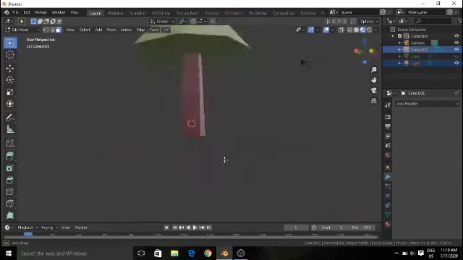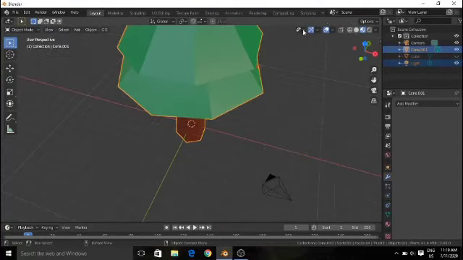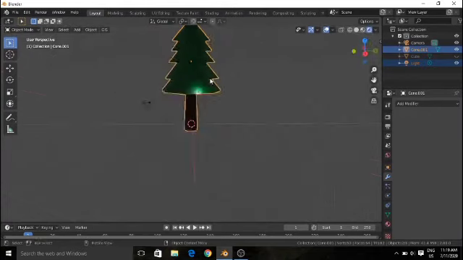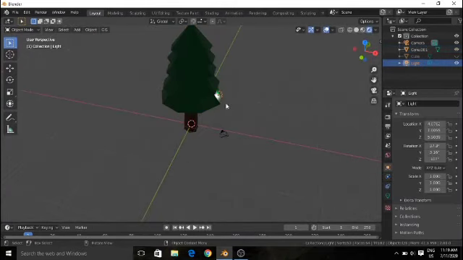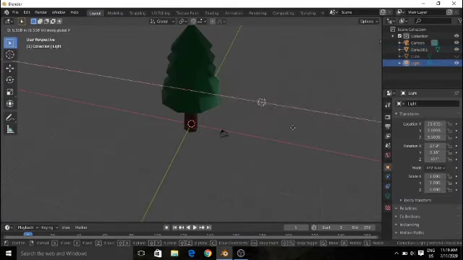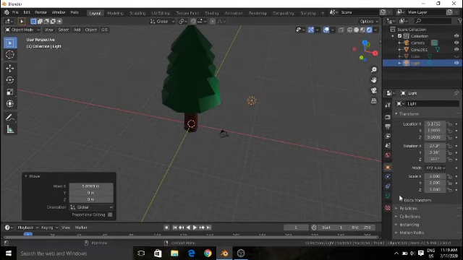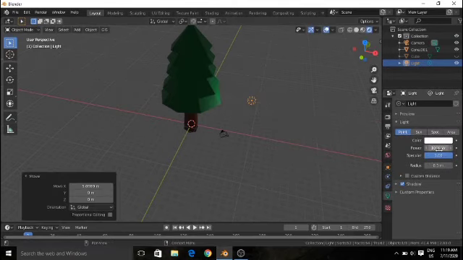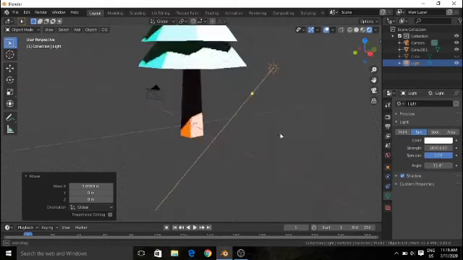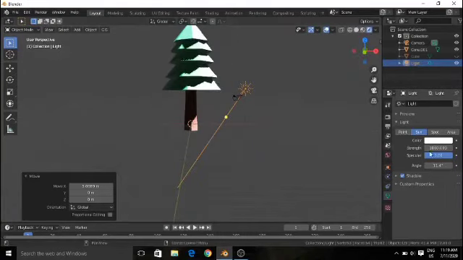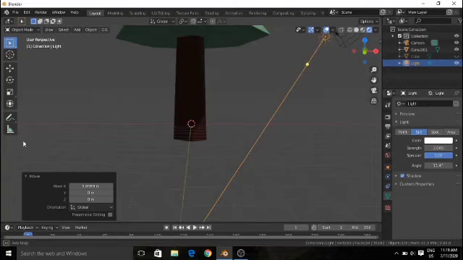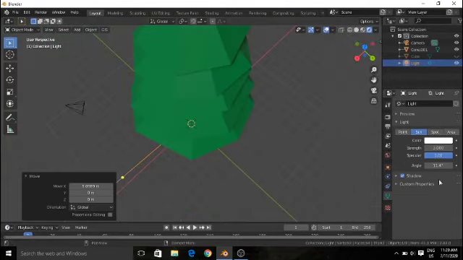In object mode, if I go to the rendered properties, the lighting is not so good. What some people do is, in the light properties they change the power, but we should not do it. Just change it from point to sun, and it will look much better. But the lighting is too much, so I'll change the strength to 3, but that doesn't look good, so 5 looks good for me.